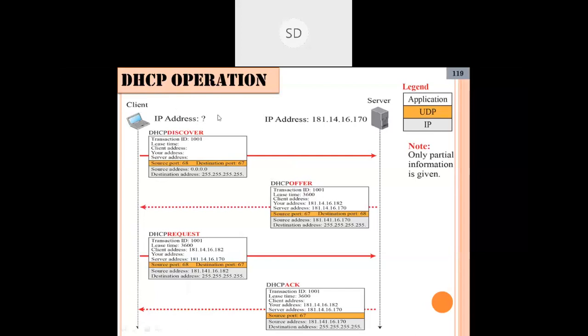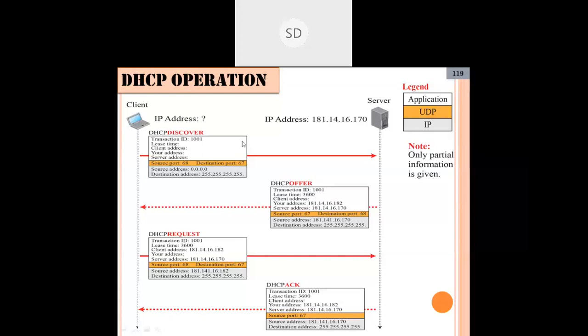Now how can this be achieved? Initially you can observe here, the client will not know even its IP address. So the first step is nothing but DHCP discover. As I told you, in the previous slide we have seen that under 53 the different functions are there. The first function, DHCP discover, finds the nearest server, the best server to that particular client. There may be different servers in that organization, or nearby to that client. So it has to select the best one, right? Initially the client doesn't know the address. So first, DHCP discover will take place.